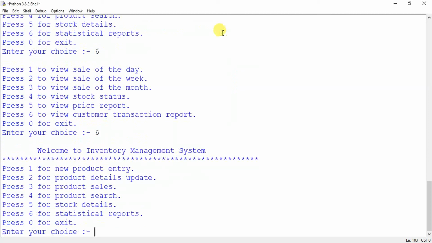Okay, so this is how this system will work, and through this I have told you the practical approach to programming, the coding of your project. This is just a demonstration so that you can get the feel of project development.